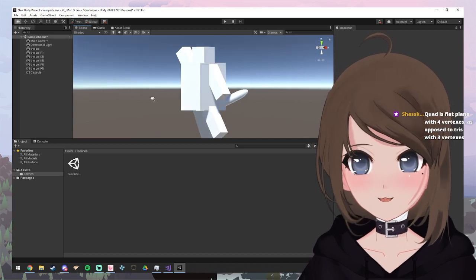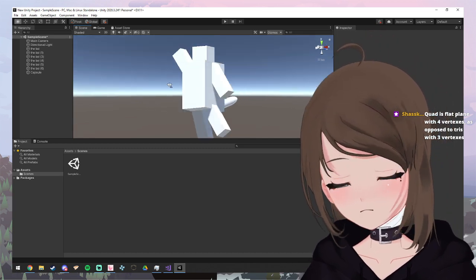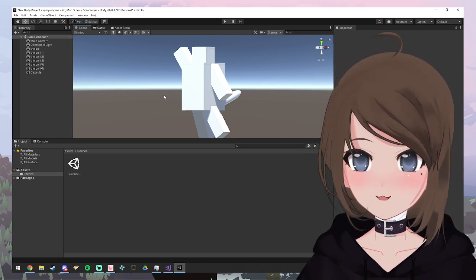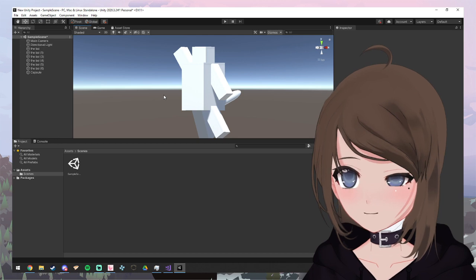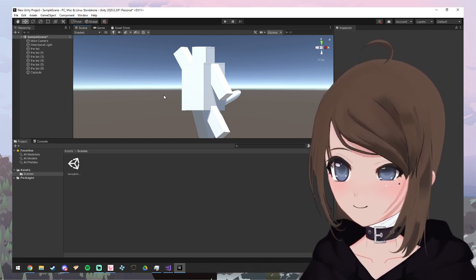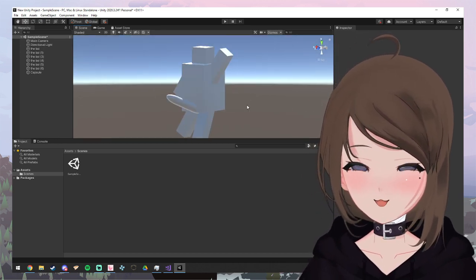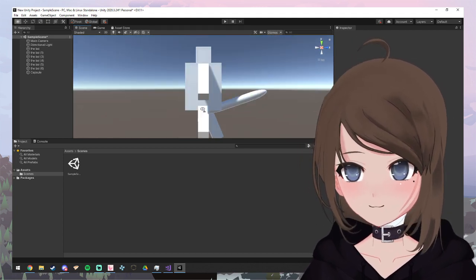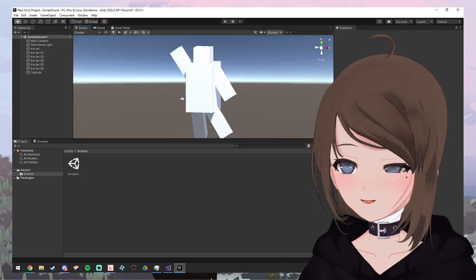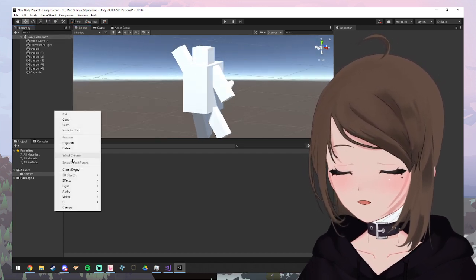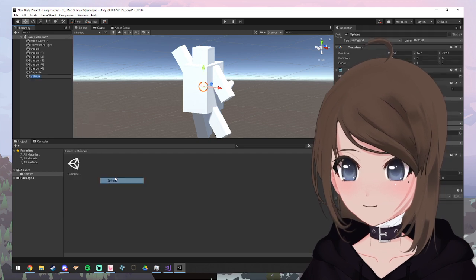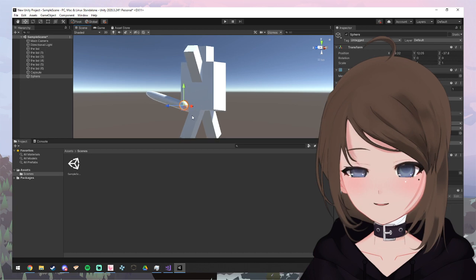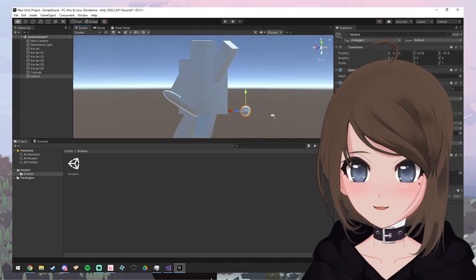Look at that. He's got a tail. Look at that. That's a beautiful tail, my little robot. Okay, let's give him eyes now.